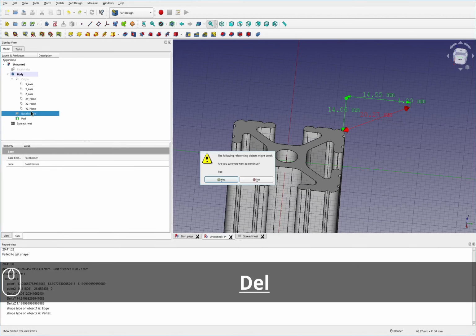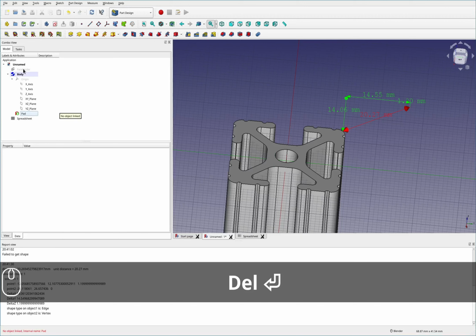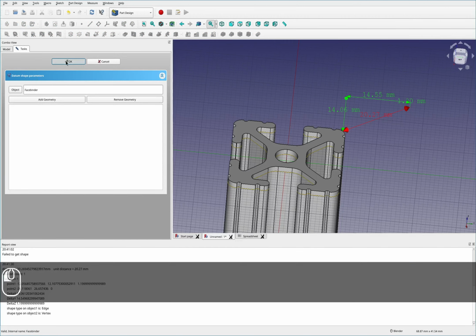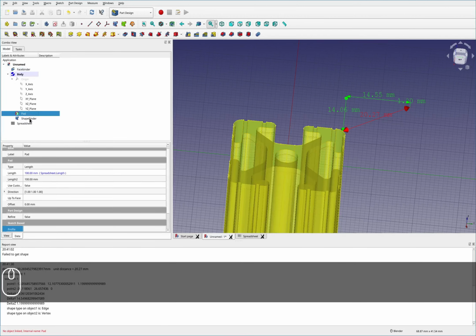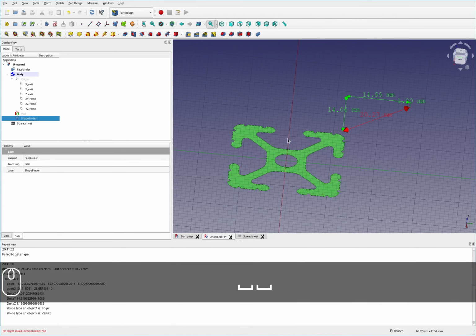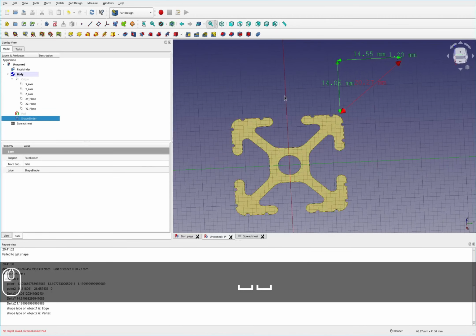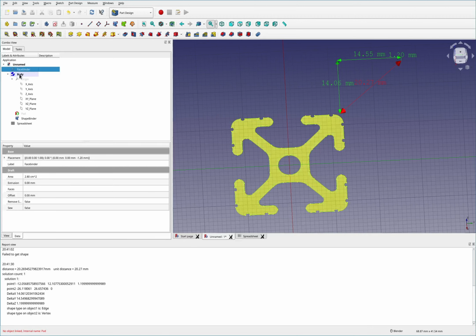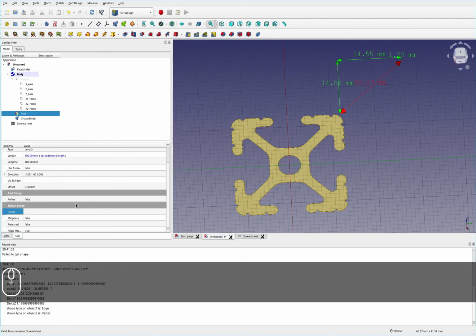So let's get rid of the base feature. Okay, we'll come over to the face binder and we will grab a shape face binder. And if we look at this shape face binder here, it should be on the surface. It appears that when you take the face binder and you drag it onto the body, it forgets its placement. So that's an interesting thing to keep in mind. I was not aware of that, but I should be able to